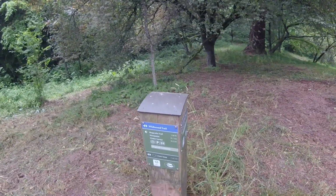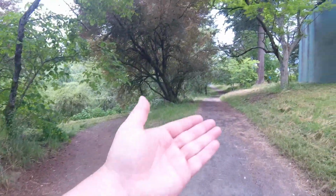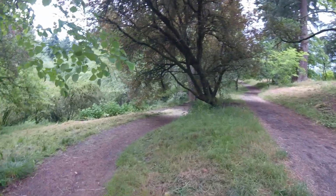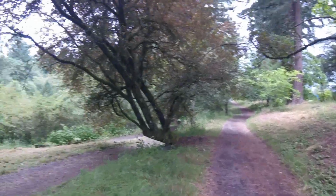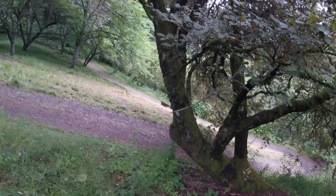Son of a bitch. This is not good directions. Like, I don't know which one is which. This looks like it starts going down. I'm gonna stick with this one. Even though this one looks more tempting, I have a feeling that this is gonna have better chance of...